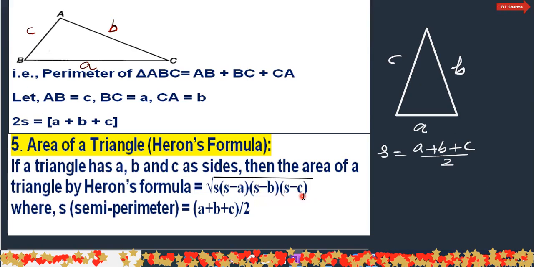What is A here? A, B, and C are all three sides of the triangle. And then S is given by half of the perimeter, meaning (A plus B plus C) divided by 2. तो हमें इसको फाइंड आउट करने के लिए तीन चीजों की जरूरत पड़ेगी, थ्री साइड्स की, ए, बी एंड सी।